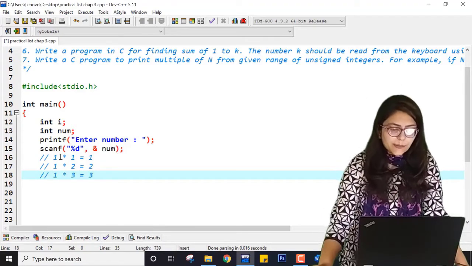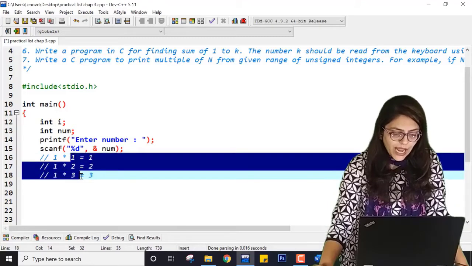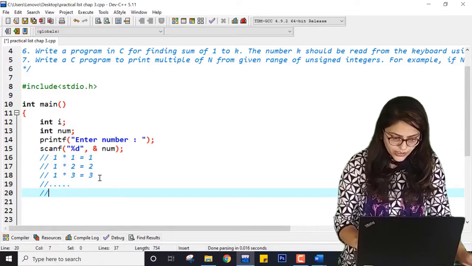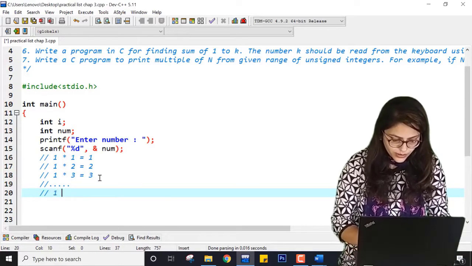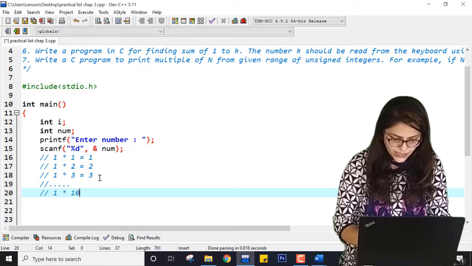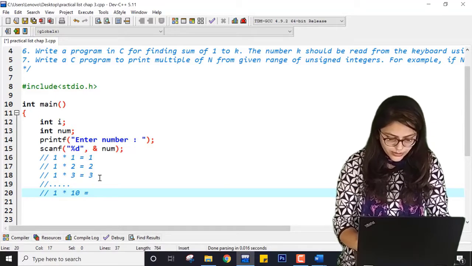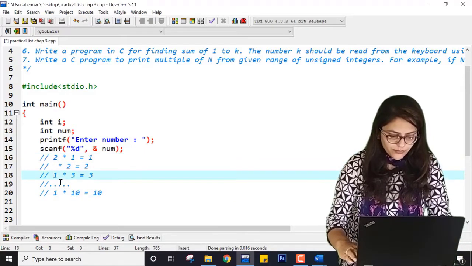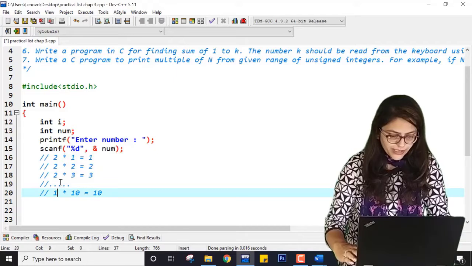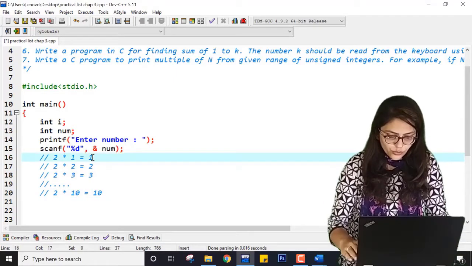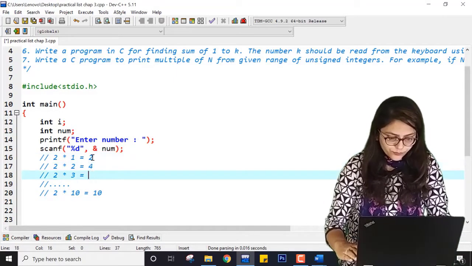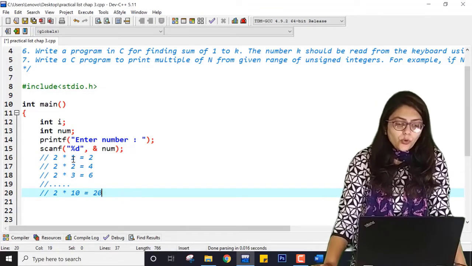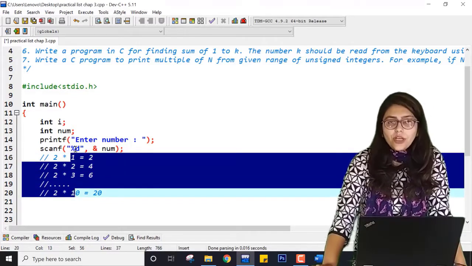So this middle value is increasing every time, and at the end of 10 values it will be 1 into 10 equal to 10. Or if I take 2's table, then it will be very convenient for you to understand. So here I am taking 2's table. Here it will be 2, 4, 6, and up to 20. So you know that this range is 1, 2, 3, 4, 5 up to 10.